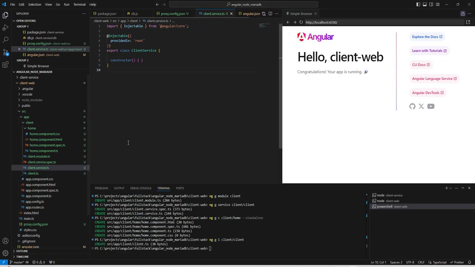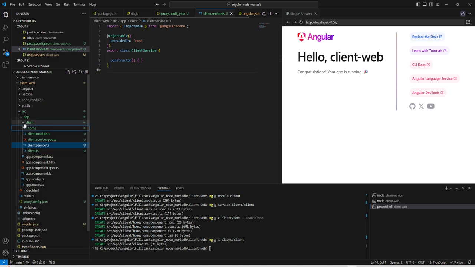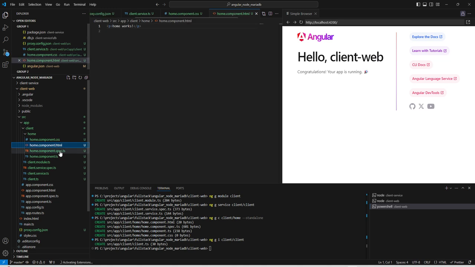So we are done with all the component creation. What all things we have done? First, we have created client module. Inside that we have created client service. Inside this client module we have created home component, and this component has its own CSS, HTML, text file, and